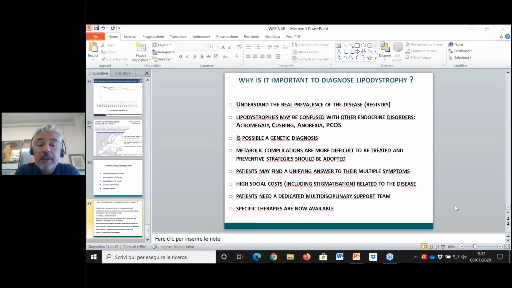Right now in Europe, the treatment is allowed for patients with partial lipodystrophy who, under classic anti-diabetic or hypolipemic agents, do not control the comorbidities very well. So in this case, the treatment is allowed, but depending on the national health system, it may be reimbursed or not reimbursed. So there may be some practical issues in order to get the drug for treating the patients.